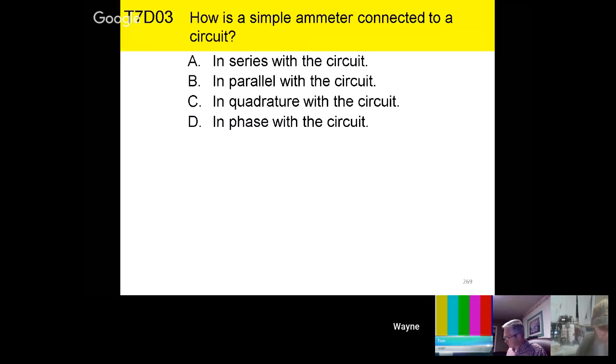I want to try to keep this as simple as possible. There's a lot more to this than meets the eye, but we're trying to get you past here and get a license. So, how is a simple ammeter connected to a circuit? Remember, we did parallel to measure voltage, and in this case, in order to measure current, we want to be in series with the circuit. We want to know how much electron flow is actually going through the wire. So you're going to hook that in series. And what I'm going to do here real quick,